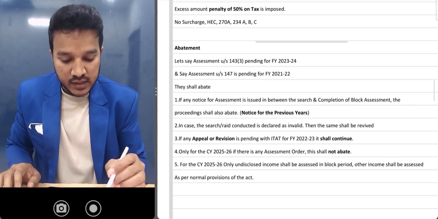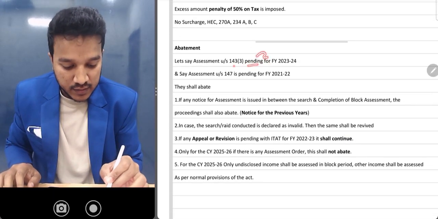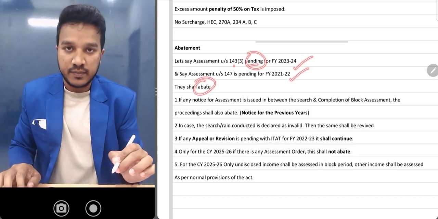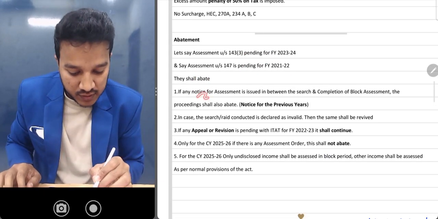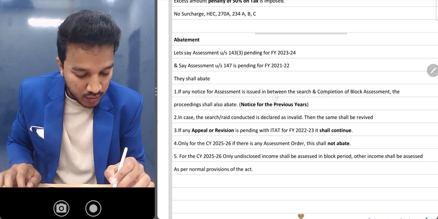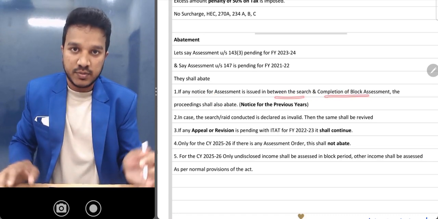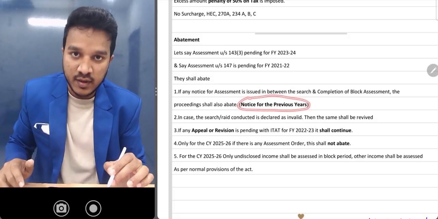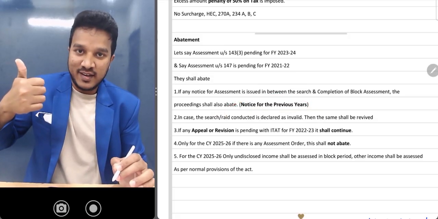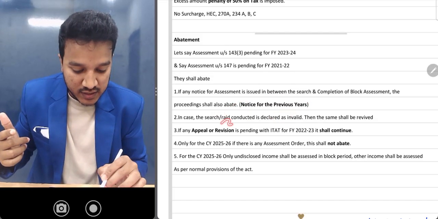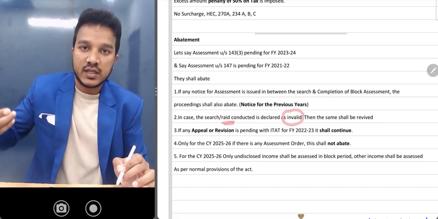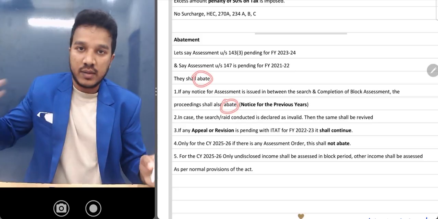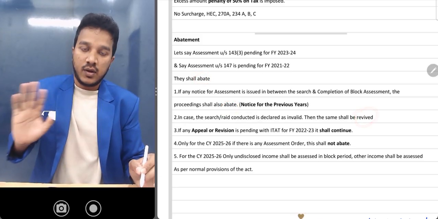Let's read. Okay, if there is any assessment order pending for the financial years 23-24, 21-22, that will abate. Now if you receive any notice between the search and completion of the block assessment, in the current year, if you receive any notice for the previous years, that shall abate. Understood? In case the search is declared invalid, in that case whatever earlier you have abated, that will revive. Okay,